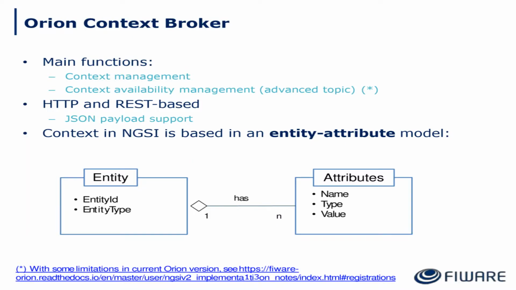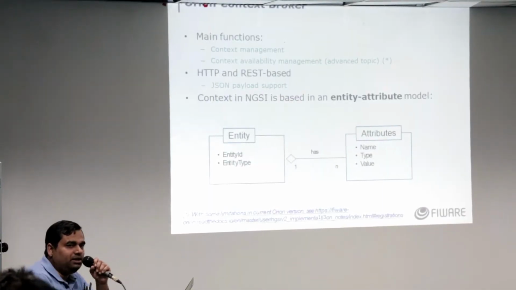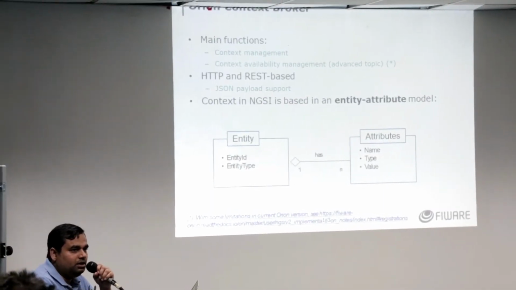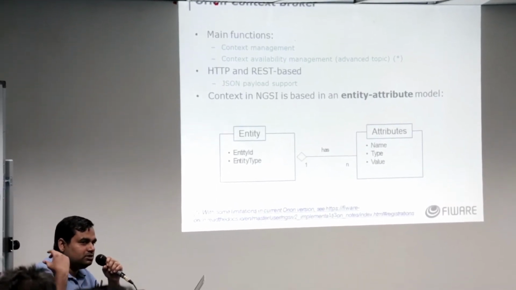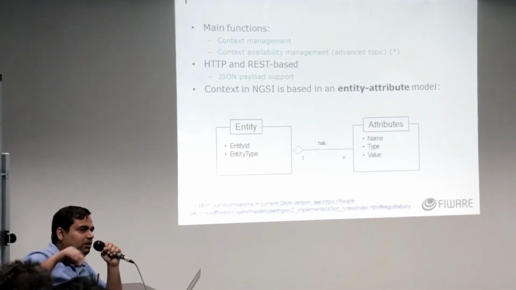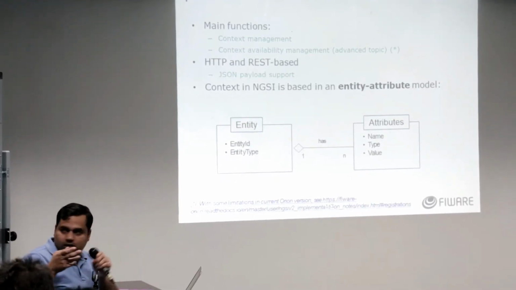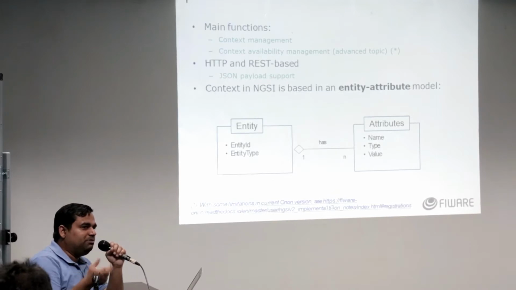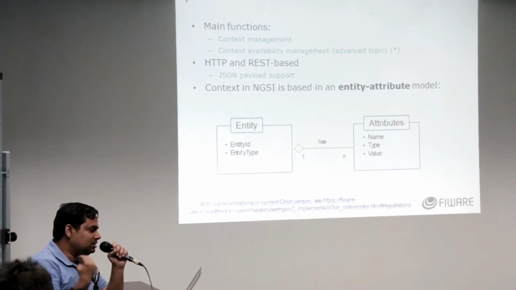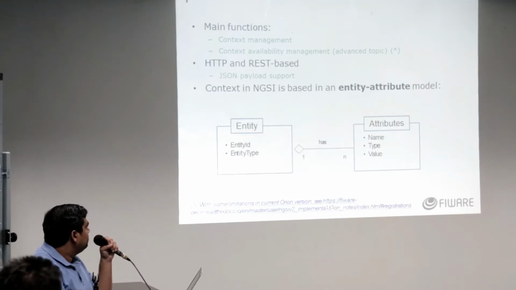As I told you, there is a one-to-many relationship between entity and attributes. Any entity has mandatory attributes actually, which we don't call attributes. It should have an ID. Every entity should have a unique ID, and a type. For instance, if it's room 1, say a Philippine room, or I don't know the name of this room, let's call it Philippine room, that could be the ID, and the type would be room, okay? So these two things are fixed, okay?